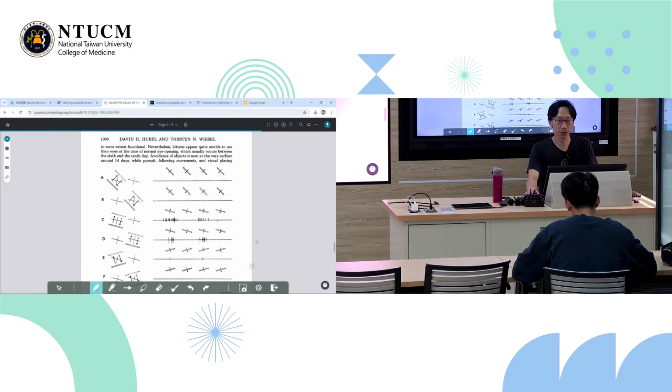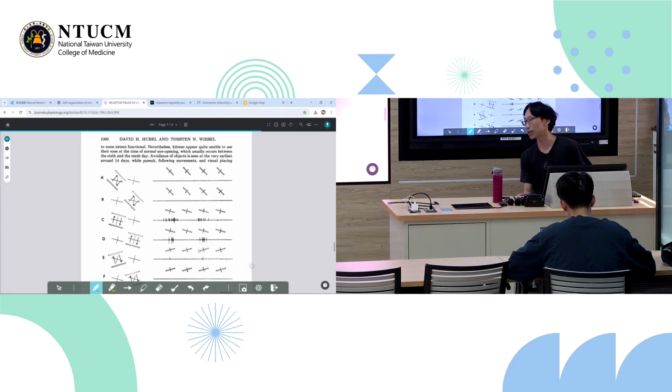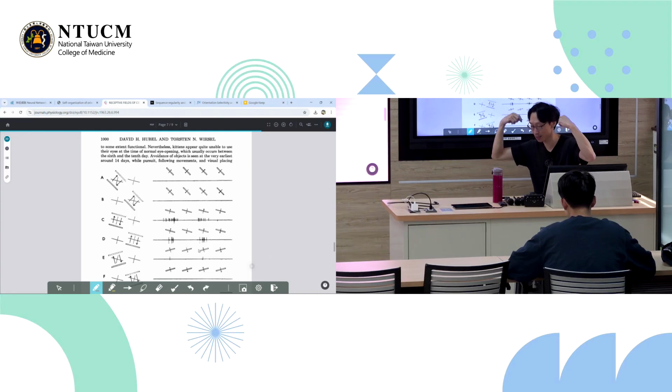This is their second paper. They had a preceding paper, from 1960, and I believe this one is the 1963 paper with the kittens. The first one is the paper with the cat, where they put the light bar and then measured the spiking activity. That one was more about contrast and topology. If you put it here and the light bar goes, then the neuron will spike. It's also about the neighboring contrast and all that.